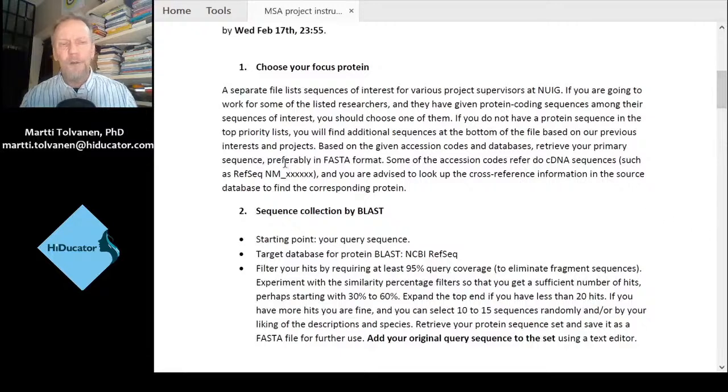But I did some random checks of some of the suggested proteins, and many of them are extremely strongly conserved, so that there would be 200 animal proteins in the range of 97 to 100% identity. That doesn't really make a good